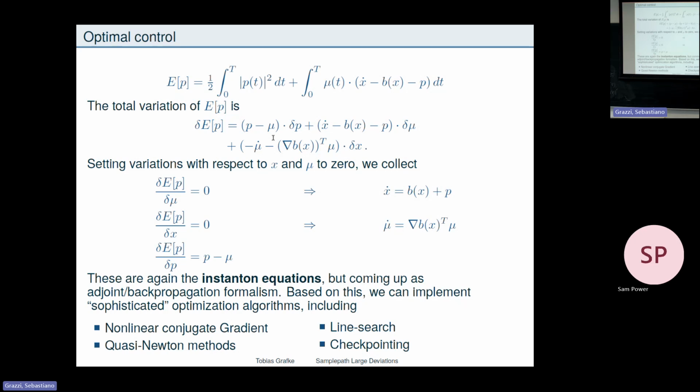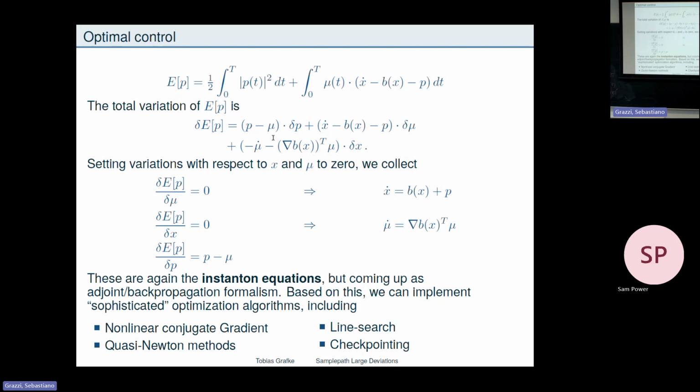I can do checkpointing and all the smart things that people in numerical optimization have developed over centuries, or over a century, I guess, to solve optimization problems in a very efficient way. You can even use black box solvers that just come with whatever Python package. All I'm saying is that obviously our optimization problem can be solved with numerical optimization algorithms, but here's how exactly you would compute the gradient.